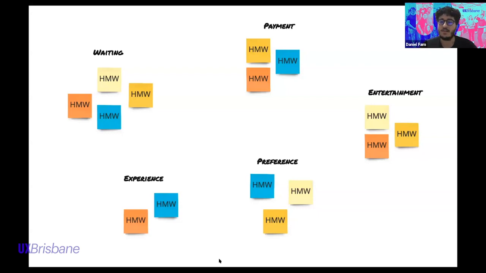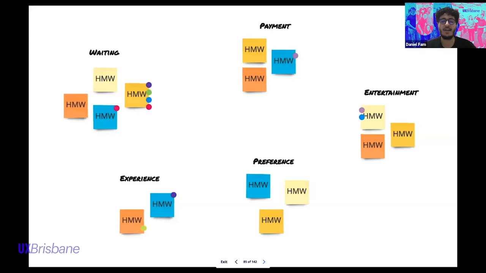Once that is done, you can end up with 5 How Might We's or you can end up with hundreds of How Might We's. And with the sprint, we need to really focus down. We need to narrow down on which How Might We's we really want to focus on and which ones people resonate with. And this is where the power of voting comes in.